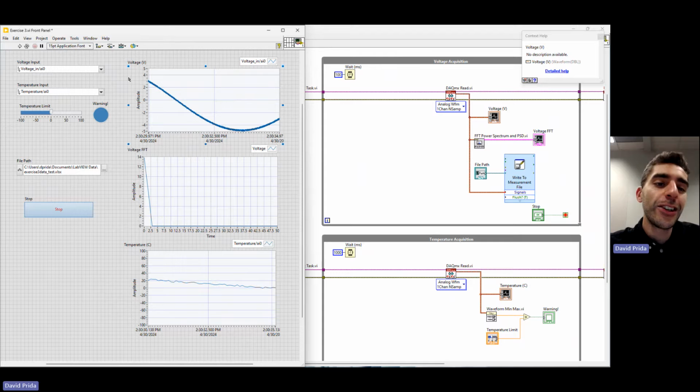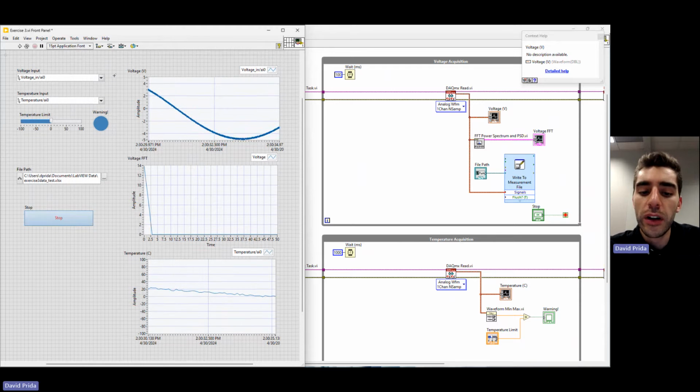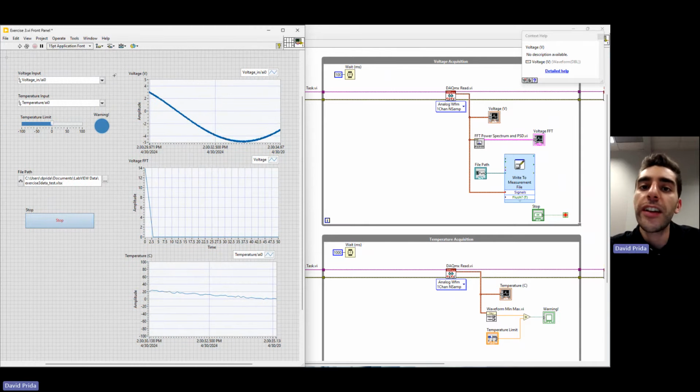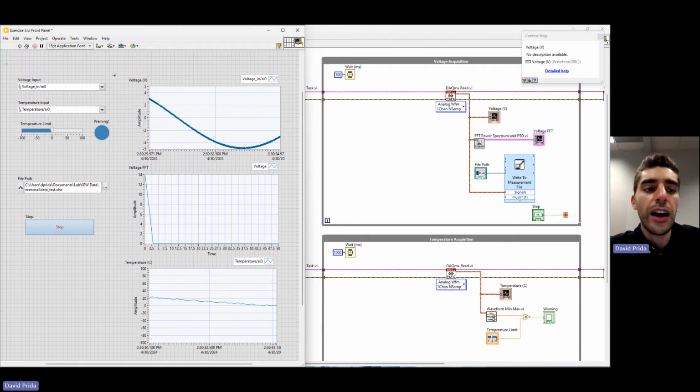Depending on who's going to be using your application, it might be useful to spend some time organizing your user interface, especially if you're sending this to a colleague or a technician. You want to make sure that they have an easy understanding of your application and what exactly they need to use and select. So we're actually going to be enhancing this user interface to look exactly like the cover of the hands-on guide. So one thing that we can do is title our application, and you can create a label,